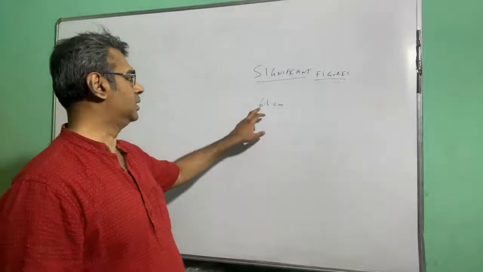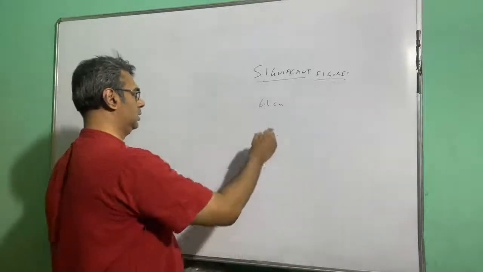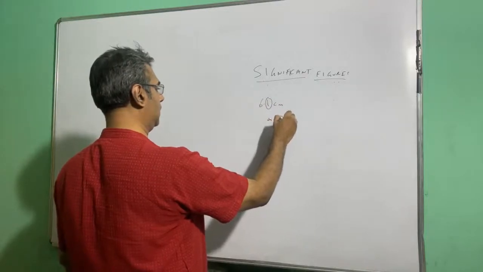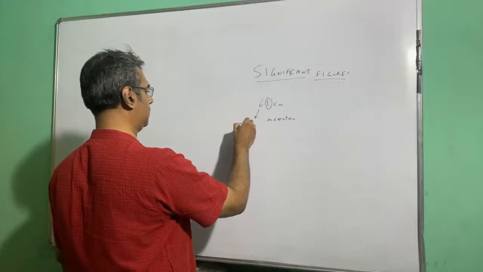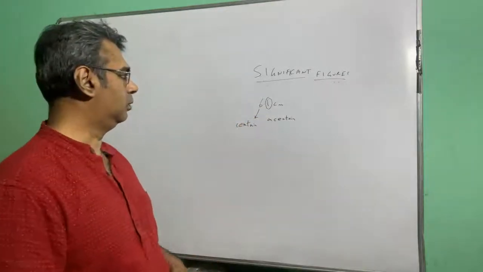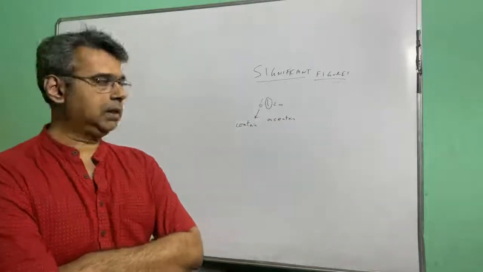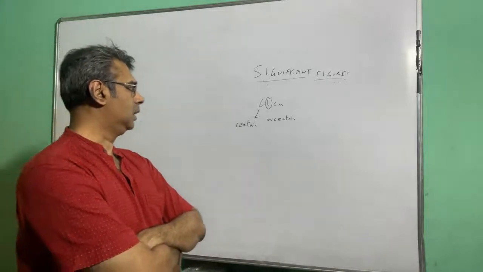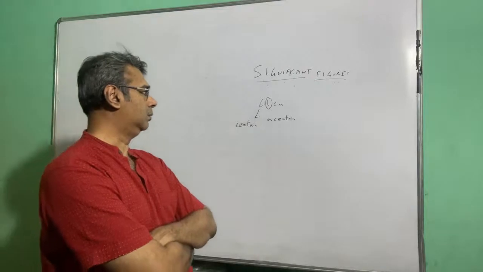So when you say 6.1 centimeter, then this 1 is actually called, this 1 which we are having in 6.1 centimeter. So this 1 we call it